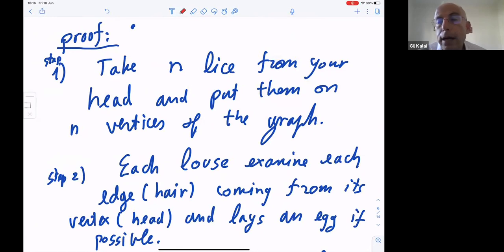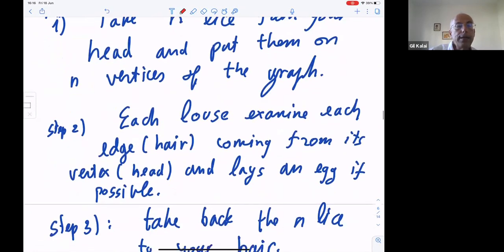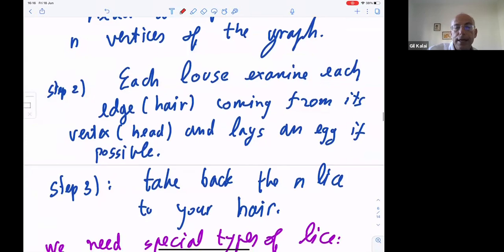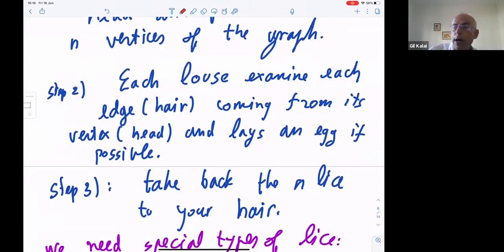I will soon tell you when it is possible and when it is not possible. And the third step of the proof, you take back the lice and put them back on your head. And to have this